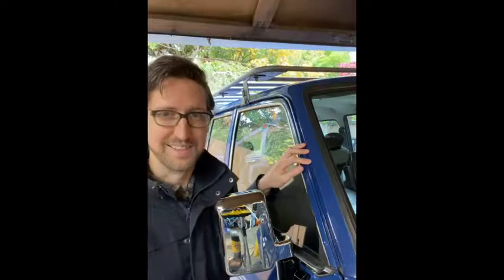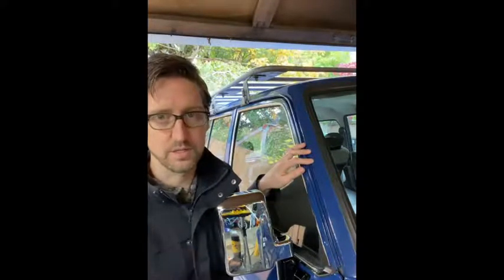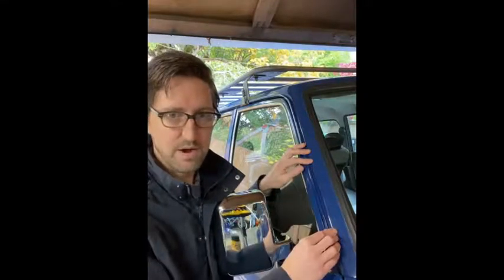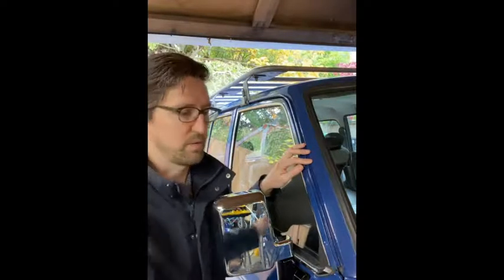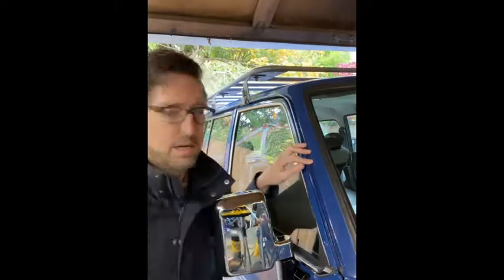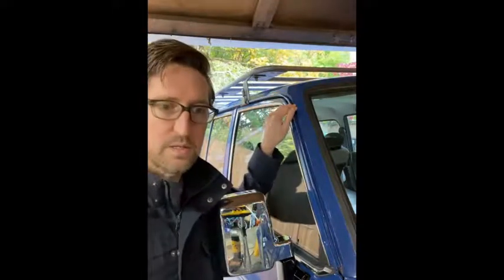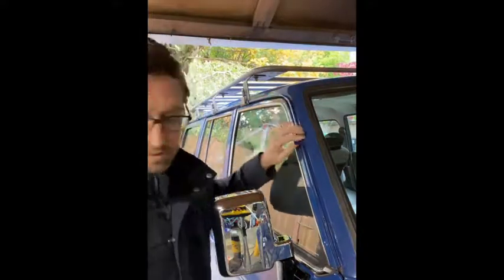Trust me, it's worth it to spend for the 2K primer to get a nice, really good seal. So what you're going to want to do is tape off the area you want to paint. And to do that, the one trick you're going to want to use to get a nice transition with the paint is to do a soft edge here. So the trick for that